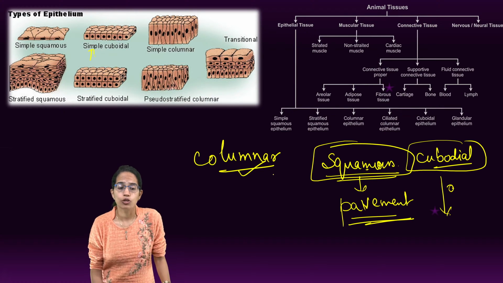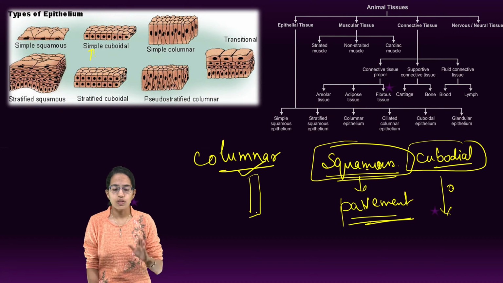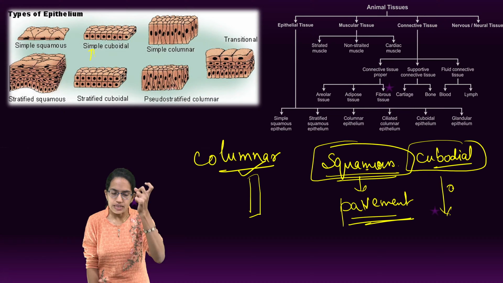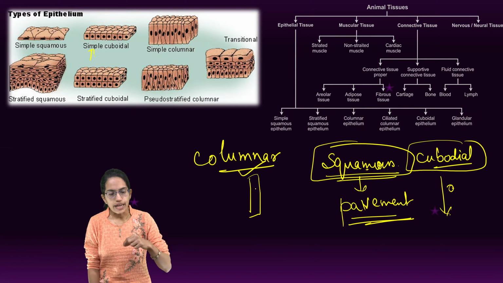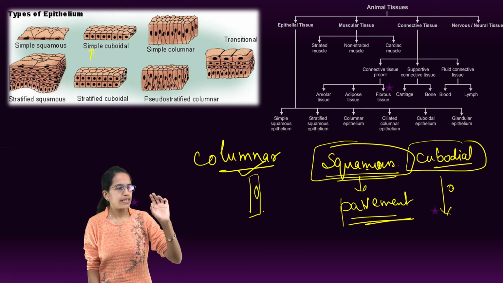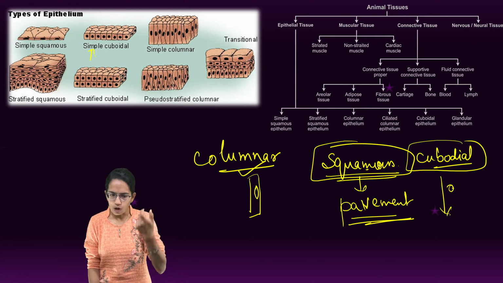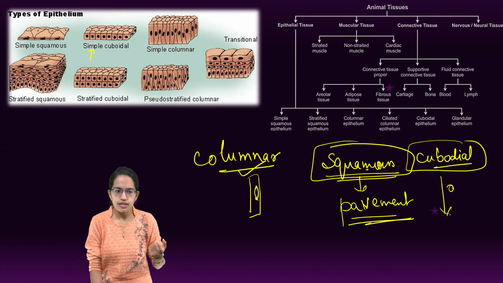The next is columnar. Now columnar are interesting, as they said, they are column-like. Now interesting to note, it's not just the epithelial that is columnar. Again, the nucleus is also columnar, so it is a little elongated. That's what you can remember here. So columnar, the nucleus is elongated, usually elongated at the base side.